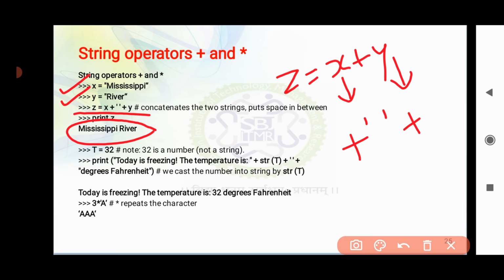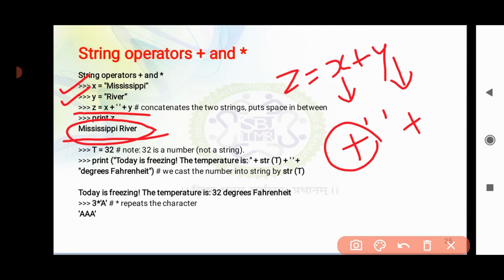That is the reason you see the first word Mississippi, then one space, and then river. So the output is given this way. That is print Z, where Z is the value X plus space plus Y. Now what is the use of this plus symbol? The plus symbol is used for joining two strings together. That is called concatenation.